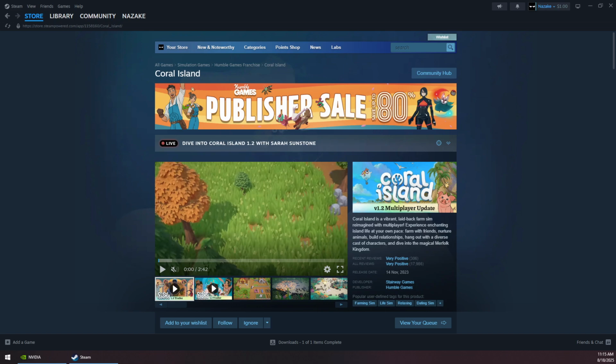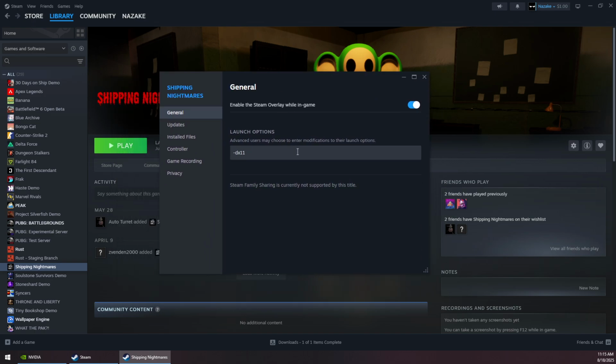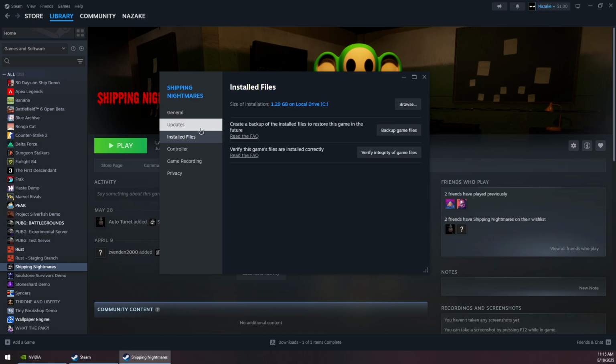How to fix Coral Island keeps crashing on Steam. So first you want to go to your library, right click on the game, open up the properties window, and then you want to type -dx11 like this under the launch options box, and then go to the installed files